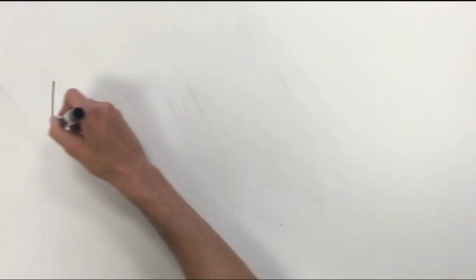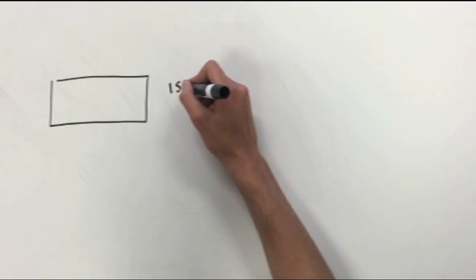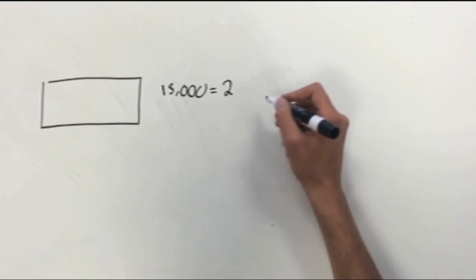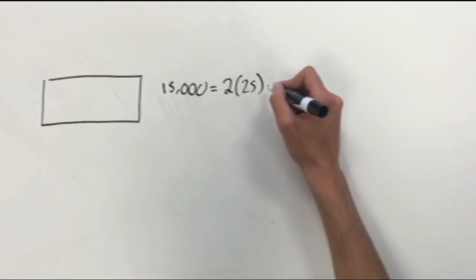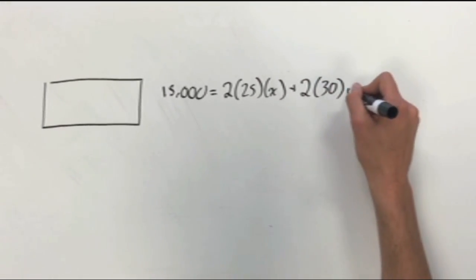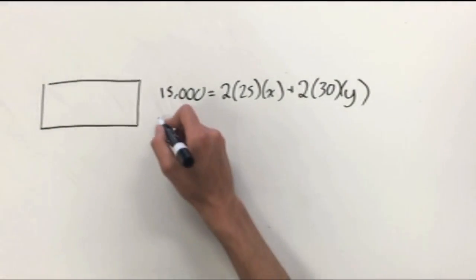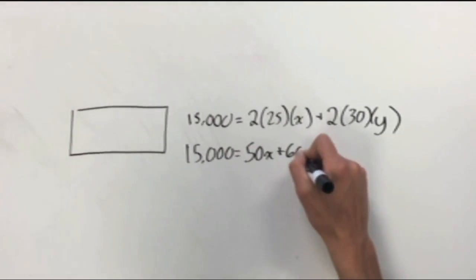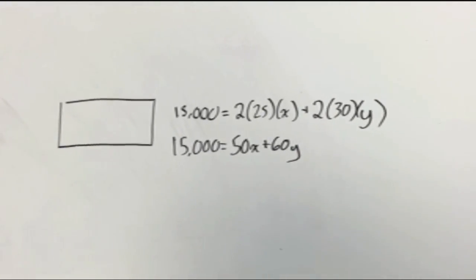Hey boys and girls, let's get cracking on this problem. Alright, so we got $15,000 to build this puppy, and we need to build two long sides, which will cost $25 per foot, and we need to build two short sides, which cost $30 per foot. And after we set up this equation here, which is 15,000 equals 2 times 25 times x plus 2 times 30 times y,